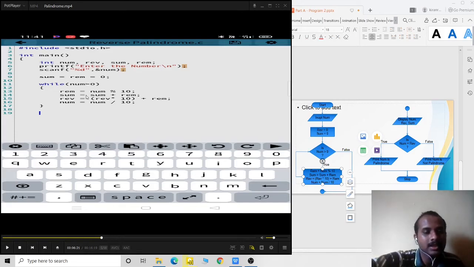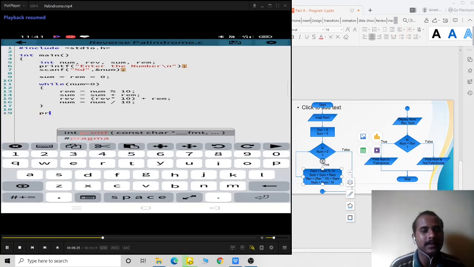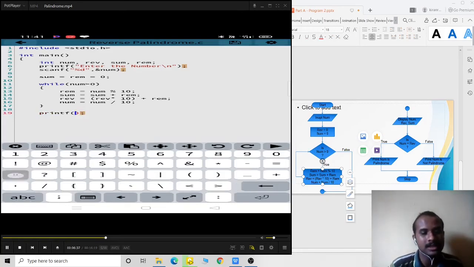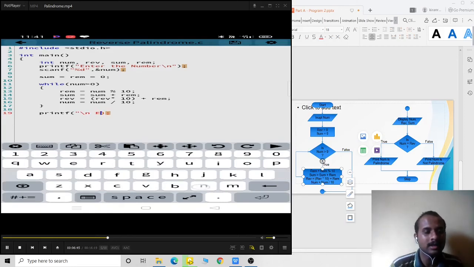In the second iteration, when it comes back, the num will be 12, and when it again comes back, the num will be 1, and when it comes back again, the num will be 0. So I'll be coming out, and then I'll be displaying the number, reverse number, and the sum of it.